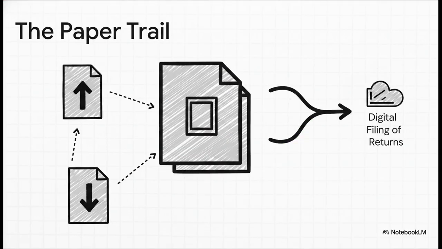Now, for the standard businesses that do want to claim that sweet, sweet input tax credit, maintaining a spotless paper trail is everything. It all kicks off with a valid tax invoice. If the price changes later on, you use standardized documents to keep it transparent. A debit note if the value goes up, or a credit note for things like sales returns. And all of this digital paperwork feeds directly into monthly returns, mainly GSTR 1 for your outward supplies and GSTR 3B for your overall monthly summary.